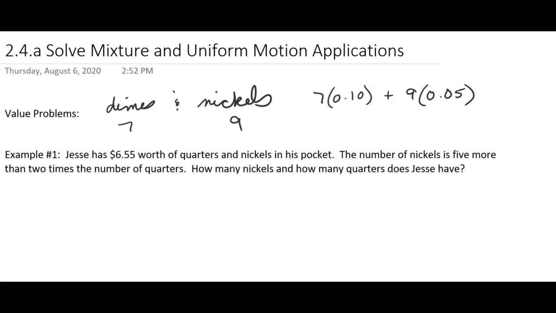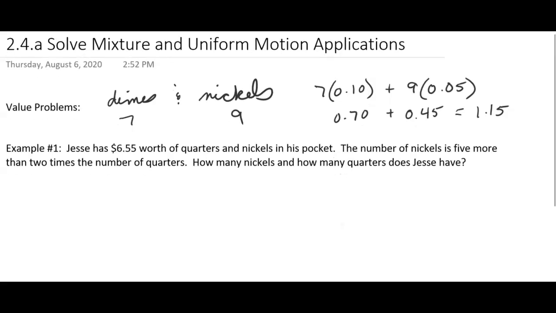So to find the amount of money, you have to take the value of the dime times how many you have, and that's going to be 70 cents. And then the value of the nickels is going to be 5 cents for each nickel, so that's going to be 45 cents. And then the total would be, what, $1.15? Okay, so that's the type of thing we're talking about. Hopefully that makes some sense, but they're going to ask us a question that we're going to have to figure out. But that's the idea.